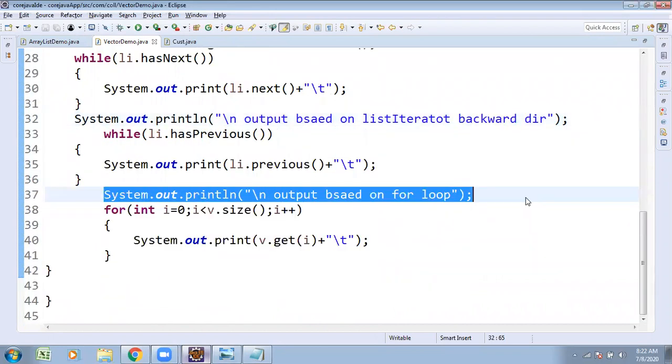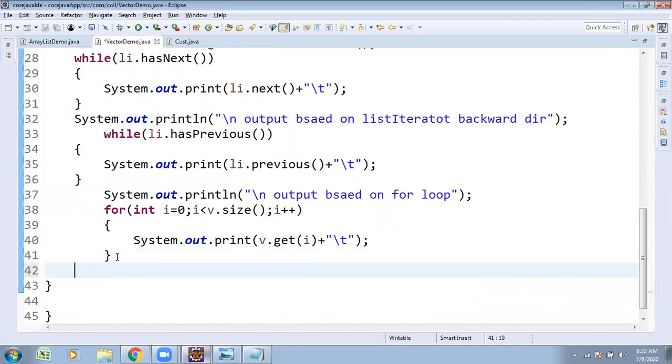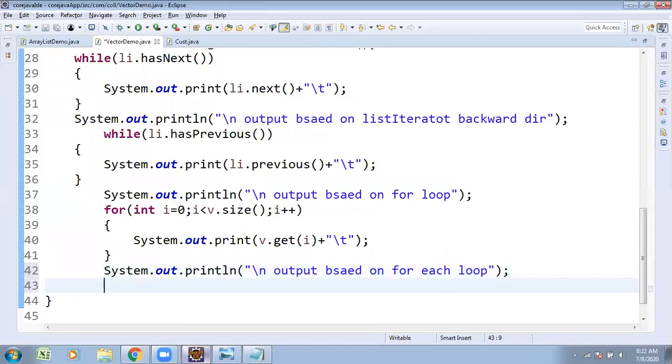Similarly, I wanted to concentrate on output based on the for each loop, which came into existence with the JDK 1.5 version.